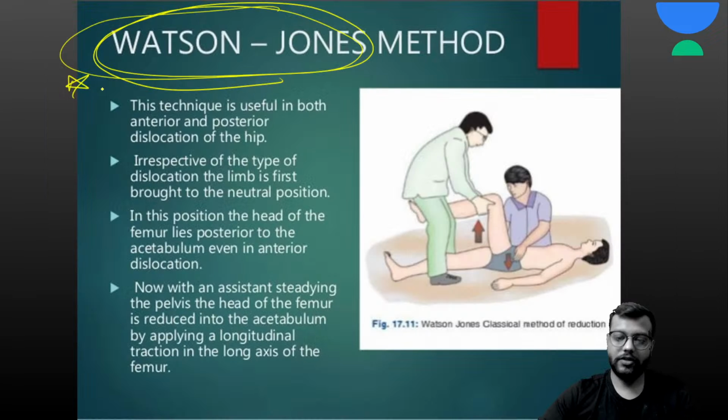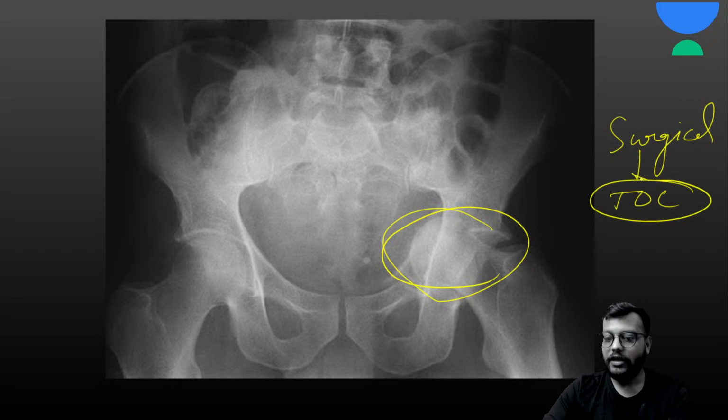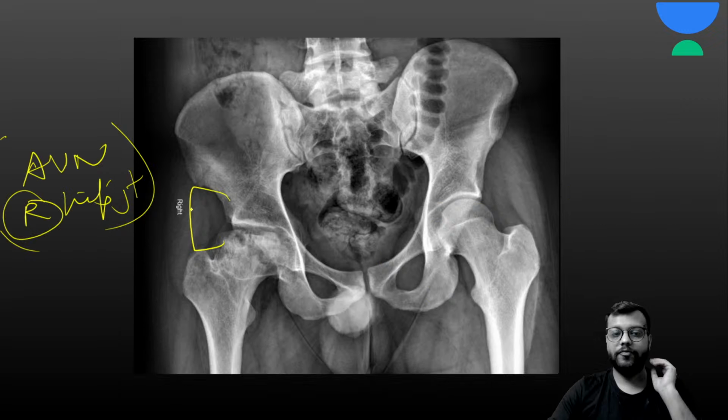And here you can see, if there is an intra-articular fracture like the central dislocation, then surgical treatment is the treatment of choice. And in acetabulum fractures or intra-articular fractures, or due to other causes, there can be secondary osteoarthritis and or the AVN or osteonecrosis. So this is your AVN of right hip joint. Okay, remember that what you see on the left side of the x-ray will be the right side of the body. Okay, so this is your AVN of the hip joint.